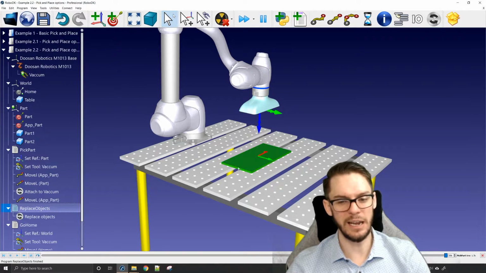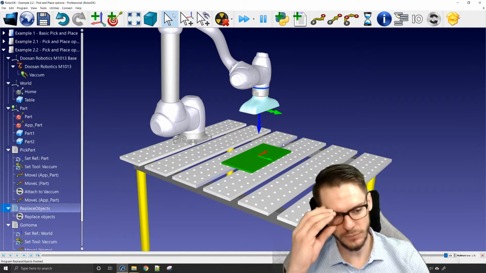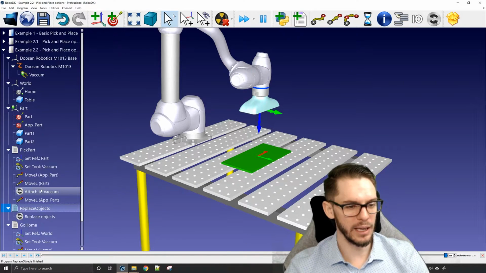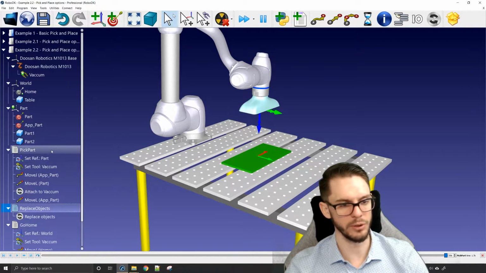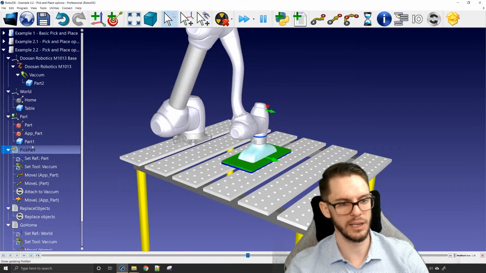But let's say that I want to pick one and not the other. At the moment, it's only taking the first one in terms of the list we have here. So right now, if I do it, it will pick part one. Boom, part one. Because by replacing it, the order is reversed. If I do it again, it will take